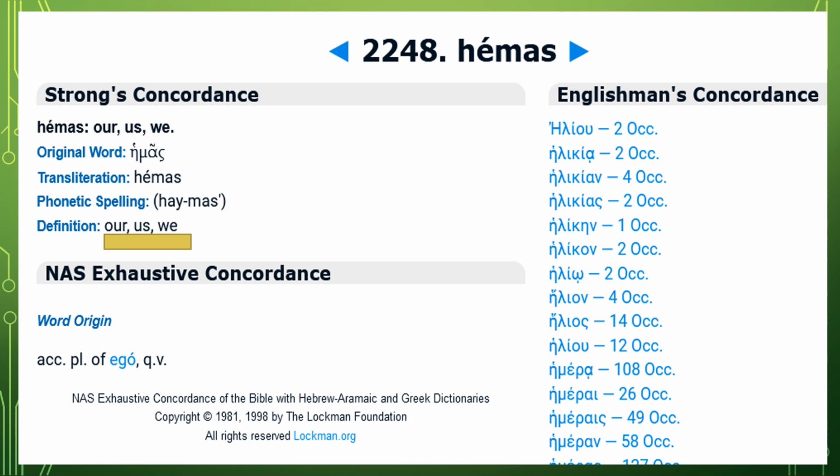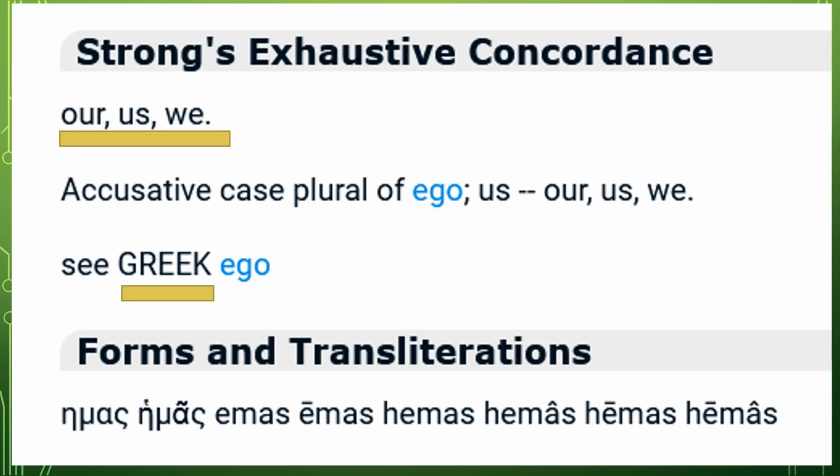This is the one that you would think would support this idea of polytheism or that there is multiplicity indicated in Genesis. However, the Greek in the New Testament is not what you would use in order to understand the meaning of the words in the Old Testament. So this is a very odd dynamic. And we're just going to wrap this up here. And again, you see our, us, we.